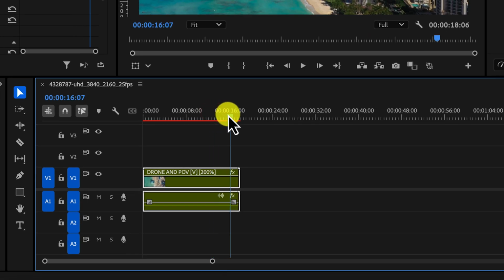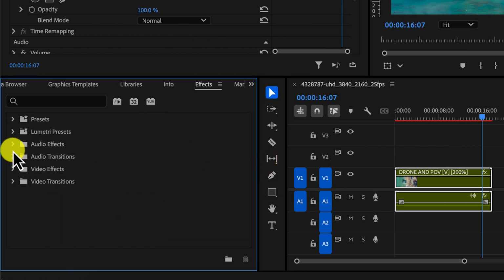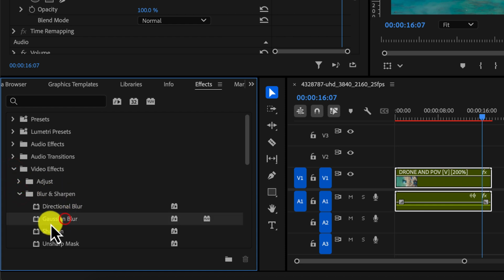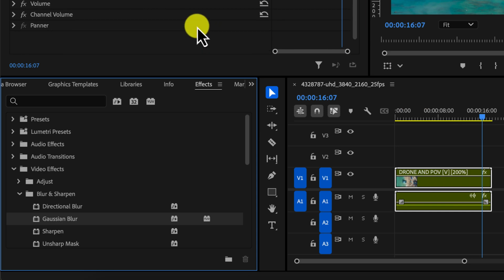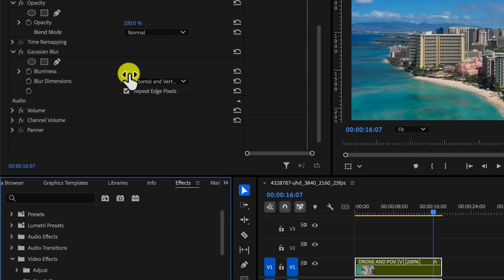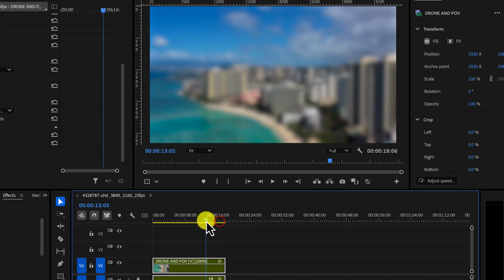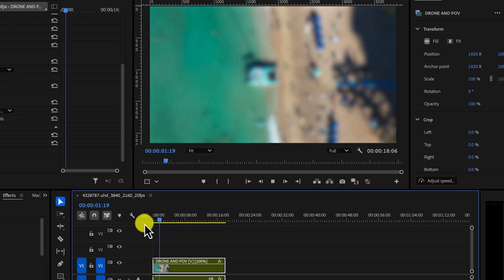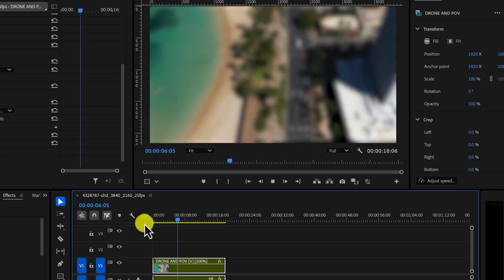So in this sequence too, you can also add effects. Let's say for example you go to your effects panel and you look for video effects, like let's pick the Gaussian blur, and you drag and drop on all of them. So I'll be editing the Gaussian blur in the effects control panel, and if I increase this, everything happens in uniformity. Do not forget, everything happens in uniformity, and that's what you have about nested sequences and how they can